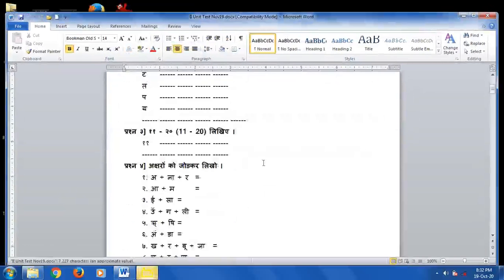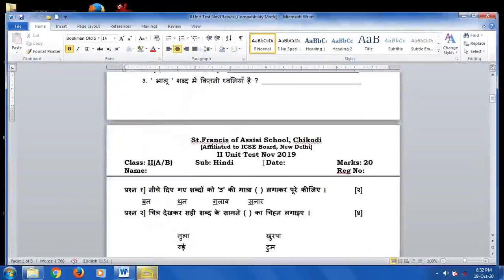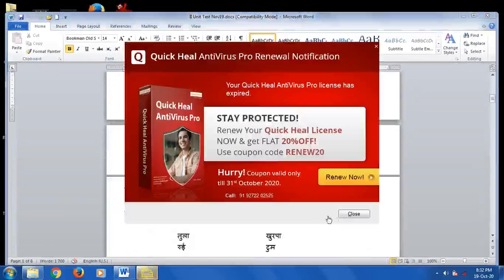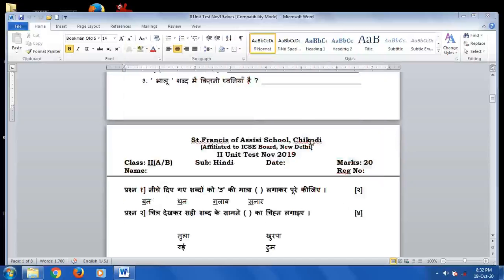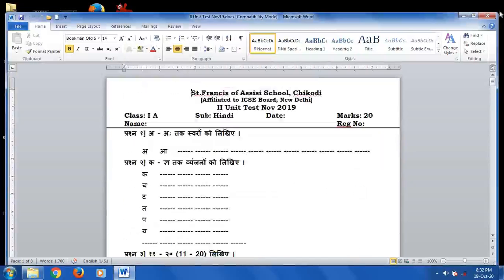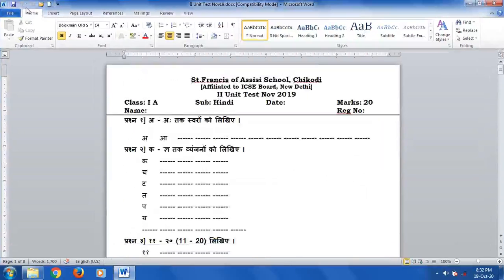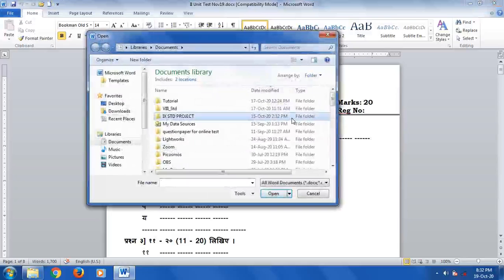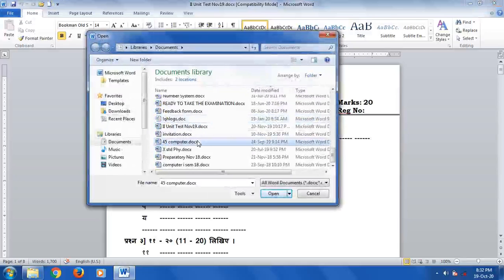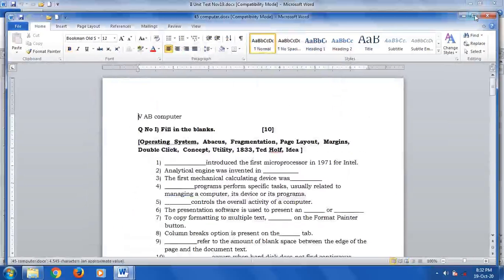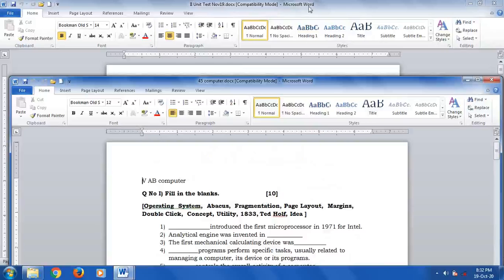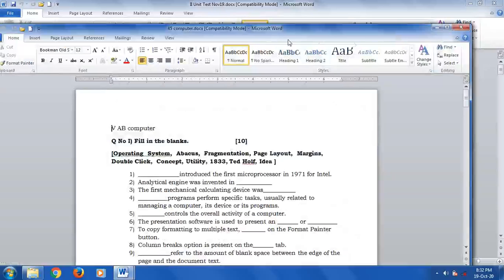Okay, so this is the file. Now I have opened it by using the Open option. The same Open option can also be accessed by using the Quick Access Toolbar. So this is the Quick Access Toolbar, and in this we have the Open button. Just click on that Open button, choose the desired file, the file which you want to open, then click on Open. So that file opens. You can see here, the previous file is also open, and now this second file I opened.